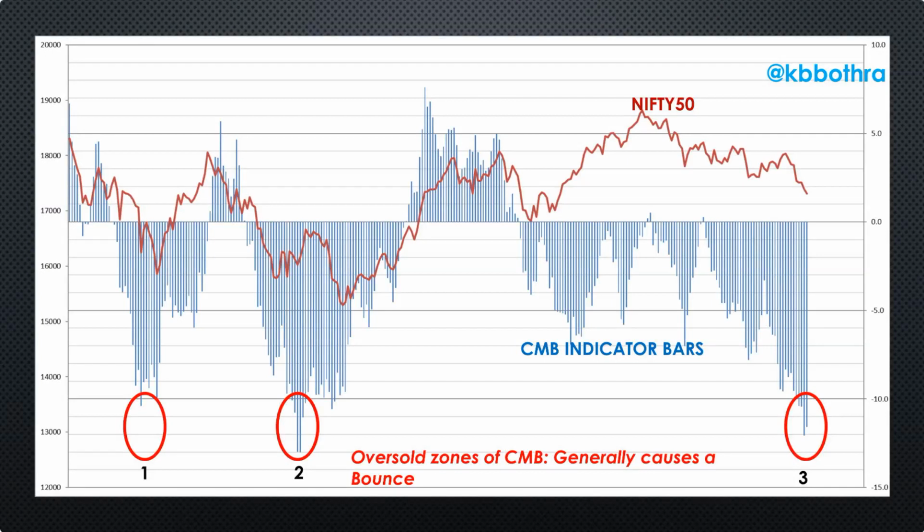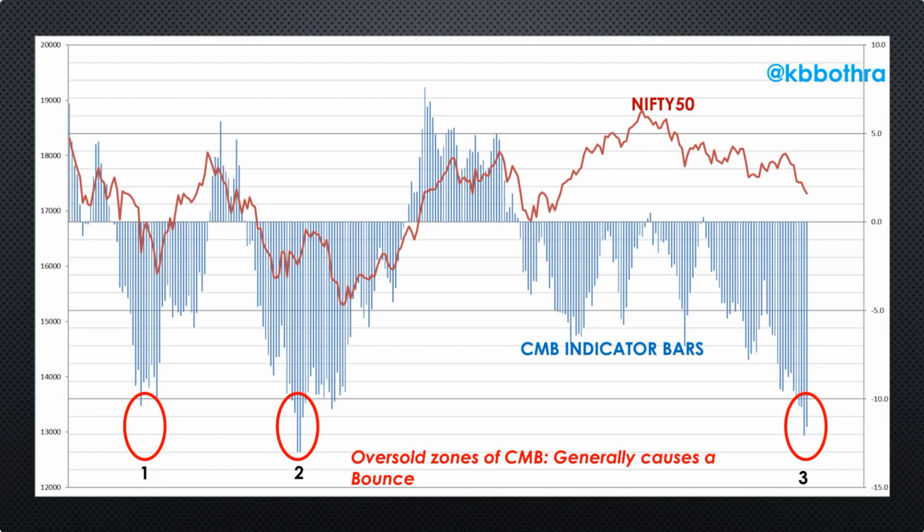Now, of course, the bottoms which we're talking of over here are more of a short-term oriented bottom, which provides a bounce of somewhere around 2% to 3% on an average. Again, this depends on the intensity and how much time the CMB indicator has spent below the -10 level. In this case, it's just been, I think, 2 or 3 trading sessions that the CMB indicator is below -10. There have been periods where the CMB indicator remains below -10 for a period of weeks at a trot, and then the revival which we expect on the index is much more lasting.